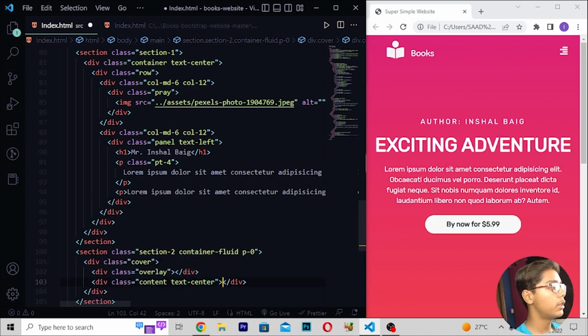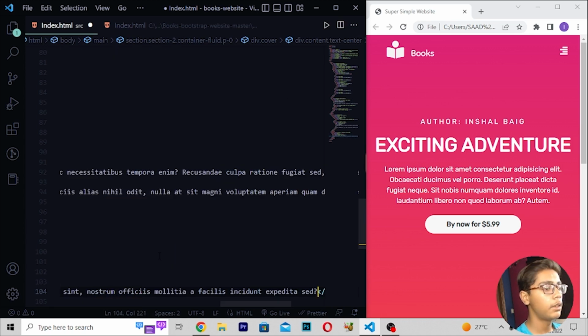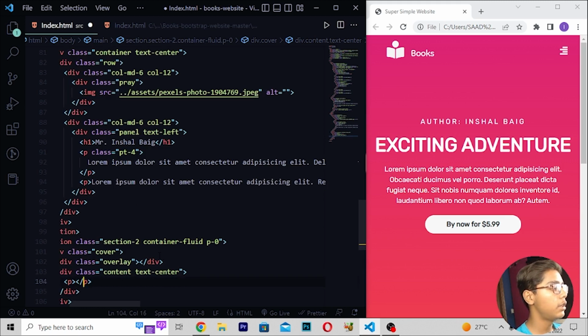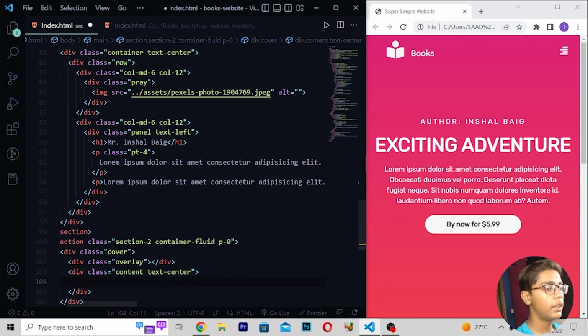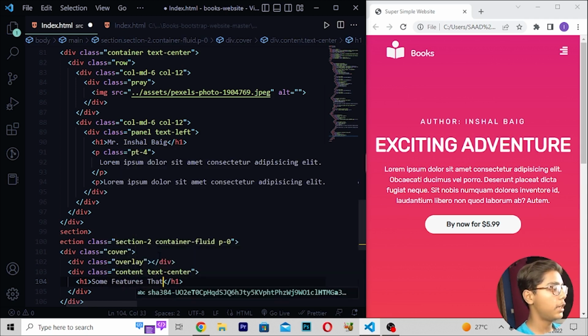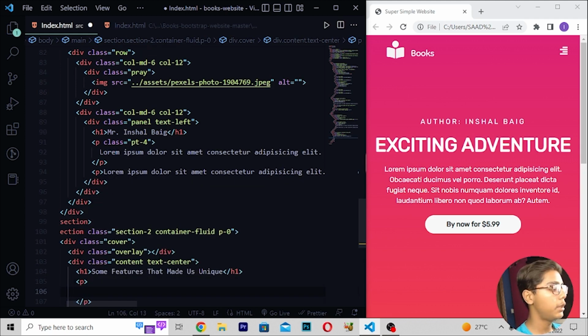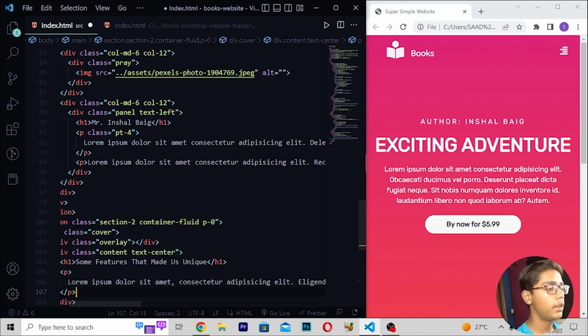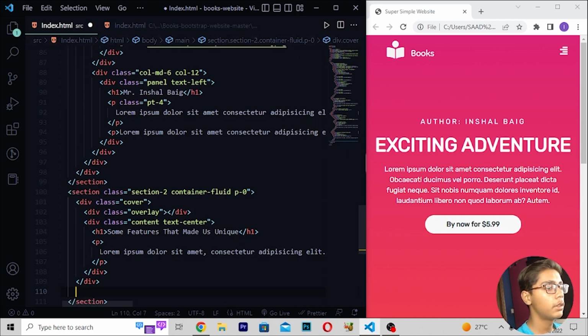Then you have to just do one thing. Here I'll be writing p tag, write lorem ipsum here. Then when you've written this, here Control Z. Then here I will be now writing in this text, some features that made us unique, like this. Then when you've written this, I'll be moving down right here, p tag, and write lorem ipsum here. Now when you've done with this thing, just here we have to move under two divs and then right here